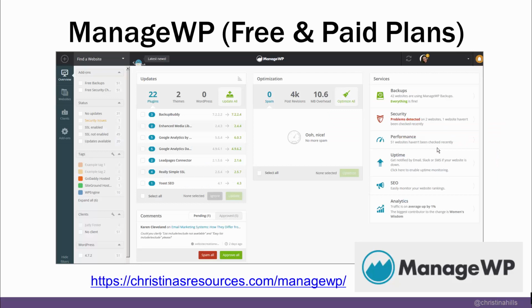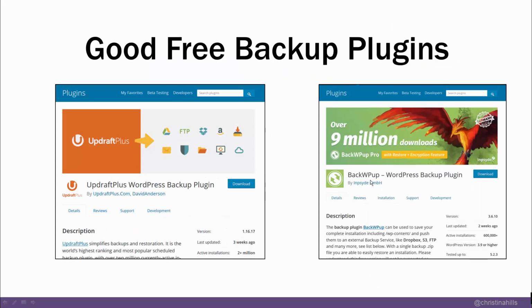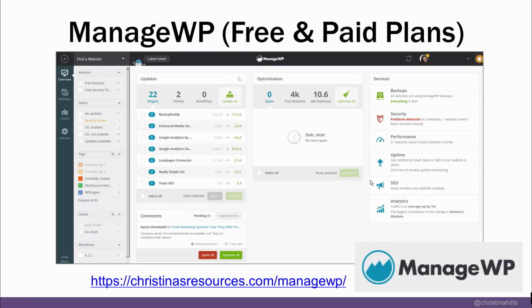One of the things that I've been doing is using this system. This is a third party called ManageWP. They have free and paid versions, and it's kind of like being an air traffic controller. So I have all my different sites in here, and I can manage and back up and update them all in one place. So I've been using this more and more because I really like the interface. So, check out these others or check out ManageWP,